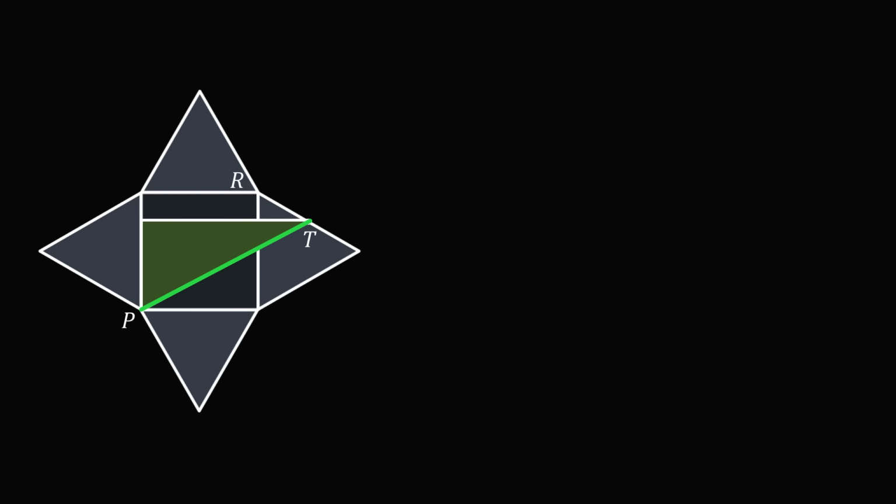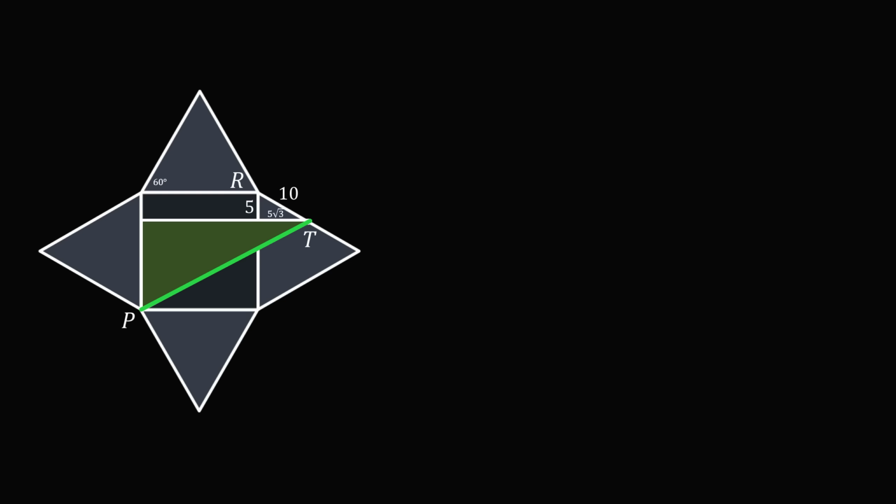Since each edge length is equal to 20, and T is the midpoint of OR, RT will be equal to 10. Next, each triangular face is an equilateral triangle because all three sides have the same length. So each of these angles is equal to 60 degrees. We thus have a 30, 60, 90 right triangle with a hypotenuse RT equal to 10. So the shorter leg will be equal to 5, and the longer leg will be equal to 5 times the